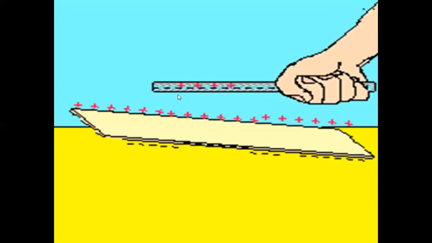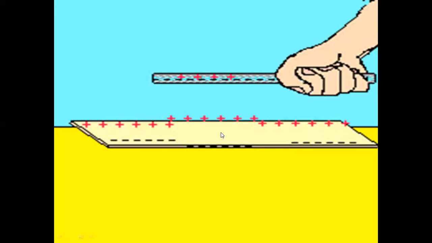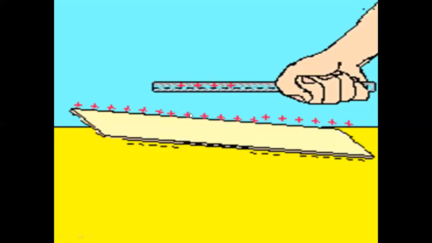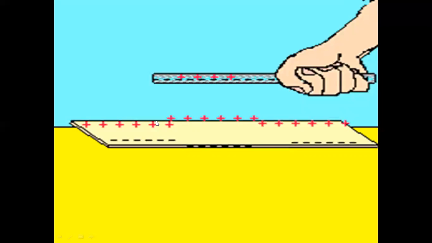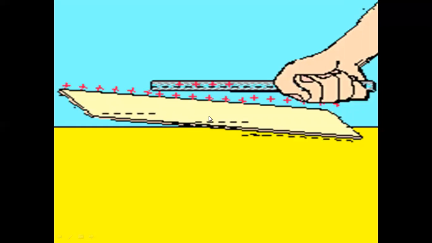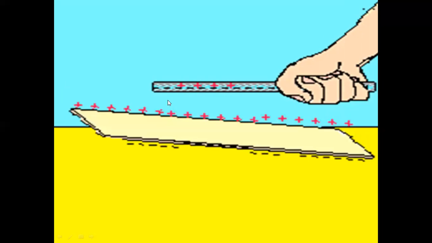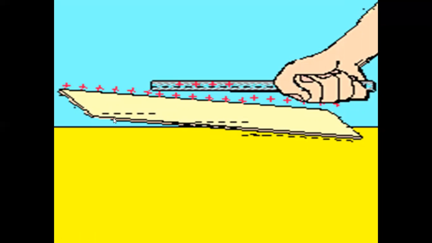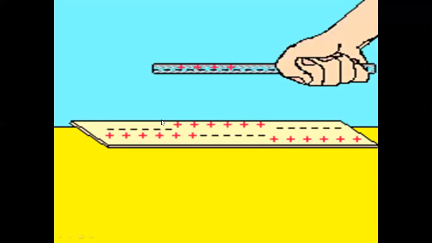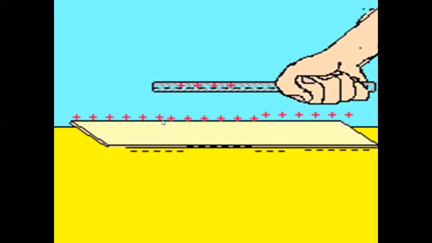There is a negative charge, and when the paper comes in close contact to the rod, then the positive charge is here, because of the leaving of the negative charges. We see that there are positive charges and they attract the negative charges. That's why the paper on that side is going to jump up to reach close contact with